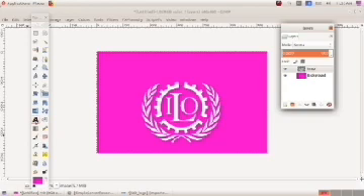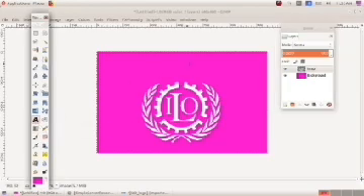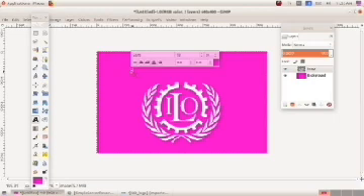So click on the text tool, then click on the canvas. See, the properties of the text tool are available now: the letter type, letter size, and bold, italic, underline, then strike through and font color also.